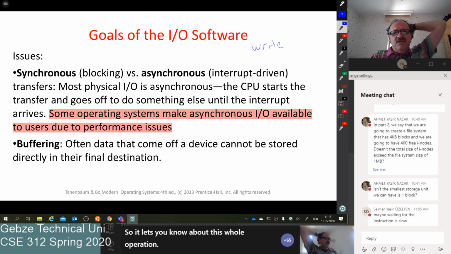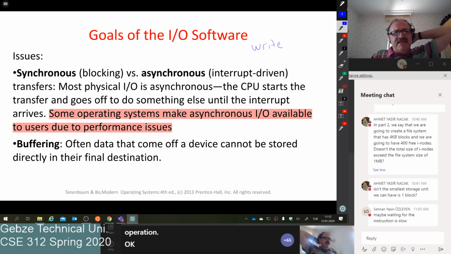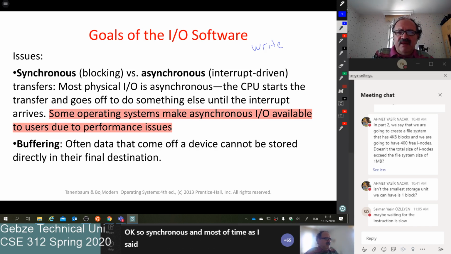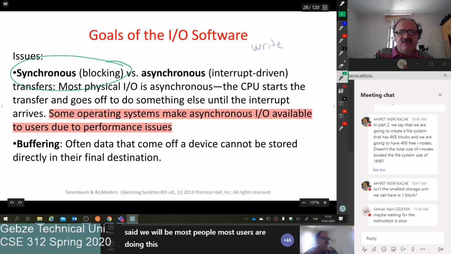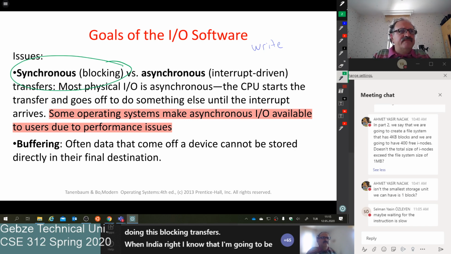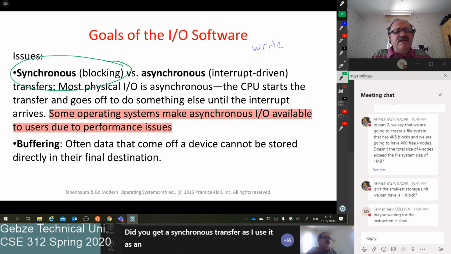Okay? So synchronous, and most of the time, as I said, most users are doing blocking transfers. When I do a write, I know that I'm going to be blocked, and that's fine. Doing an asynchronous transfer as an end user is not easy. Of course, at the bottom of things, everything is done most of the time with